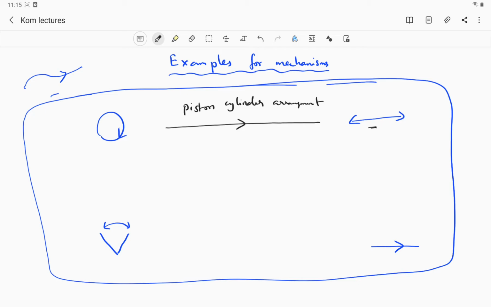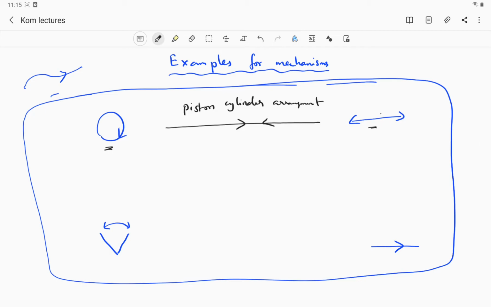Sometimes in IC engines this is our input motion and this is our desired motion. So the same piston cylinder arrangement could also give it like this. So you will see that the same mechanism can be used to go from one form to another and also the inverse. Okay, fine. So that's one example.